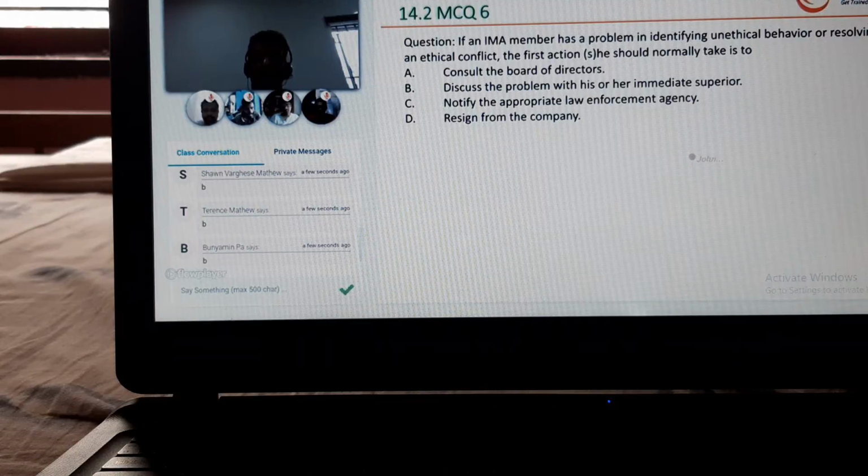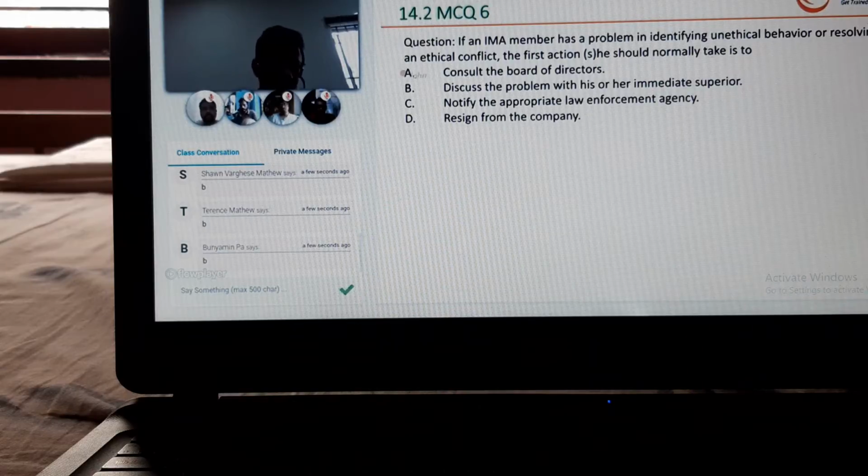Actually, when he has identified an unethical behavior, the first action he should take is to refer to the organizational policies. That's the first action. But it's not listed here, and then you have some other actions. But there is no order like first action, second action like that. But still, they have given some actions which should be tried after you discuss the problem with your own